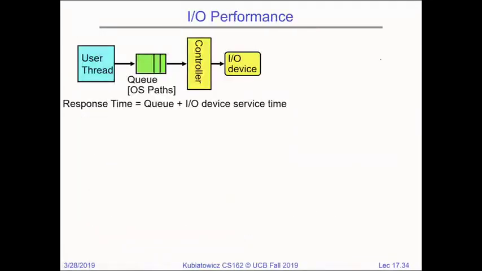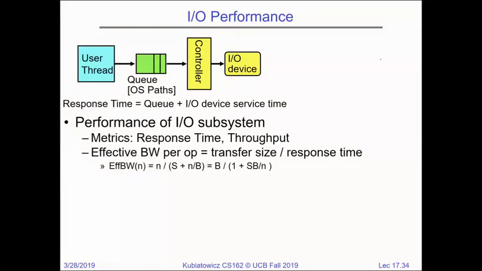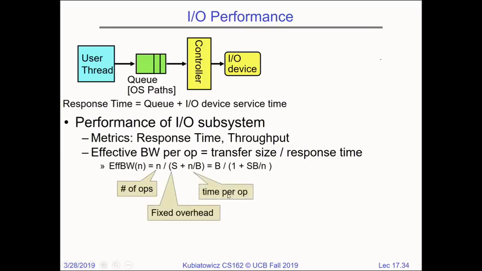So let's finish up today with the performance of the I/O subsystem. We'll pick this up after the exam. But metrics for an I/O subsystem are things like response time and throughput. We can talk about the effective bandwidth per op. So, for instance, the number of ops, the fixed overhead, and the time per op can tell us what the